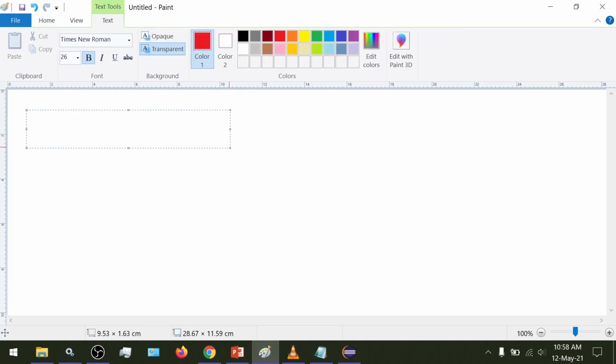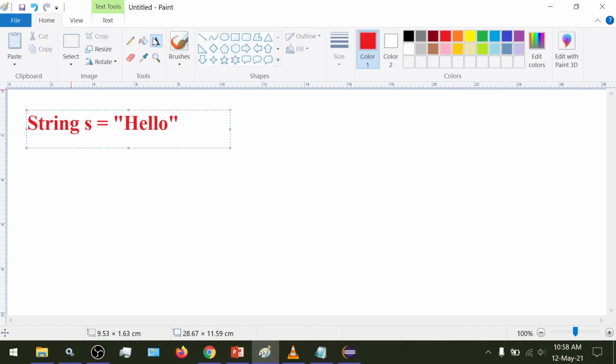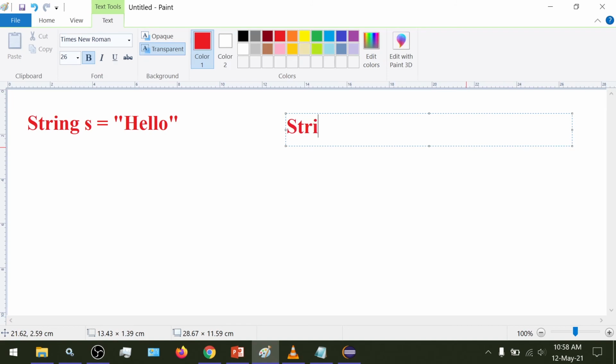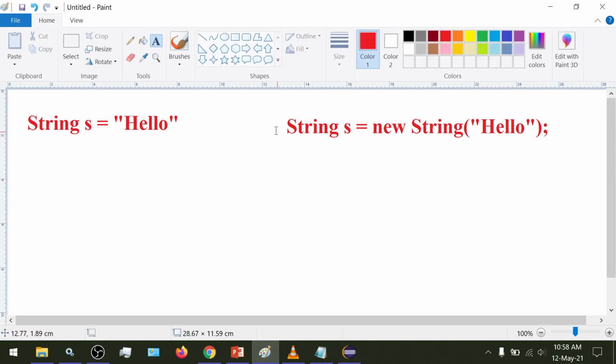One method is where we use literals for declaring and defining a string, and the other is where we use the new keyword to create a new string. So what is the difference between these two?